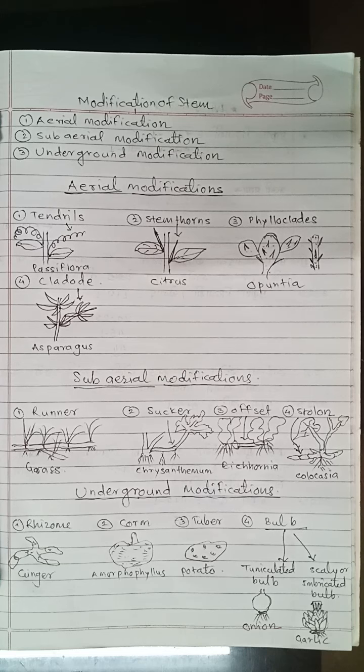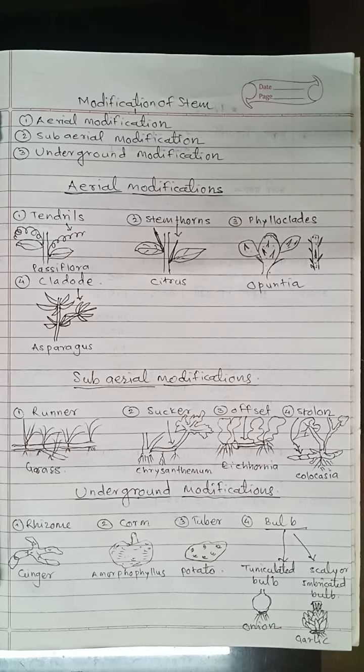Then second, stem modification for thorns. The axillary buds of some plants get modified into hard and pointed structures called thorns. They are deep-seated structures having vascular connections with stem. Besides reducing transpiration, they protect the plant from browsing animals. Example, citrus, bougainvillea, Aegle marmelos.